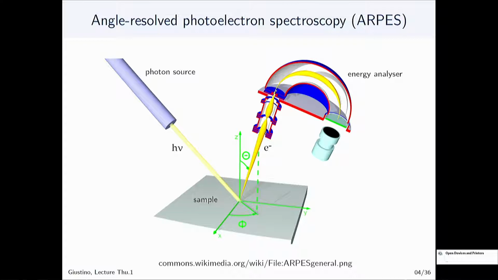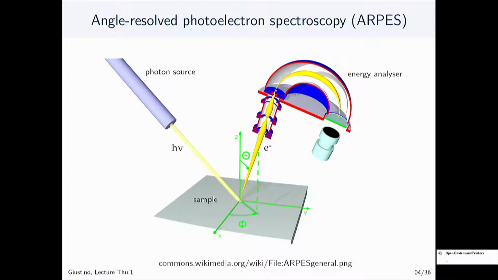So just for those who have never seen a slide like that on ARPES, I want to explain in very simple terms. Basically, ARPES is a way to measure essentially band structures, okay, directly. And the way people do that is to shine light on a sample. So if your photon energy is larger than the work function, that means that you can extract electrons, okay? So when you extract an electron and that comes out, what you can do is to try to detect it. So to use an analyzer, which is essentially 2 charged plates, deflecting a trajectory